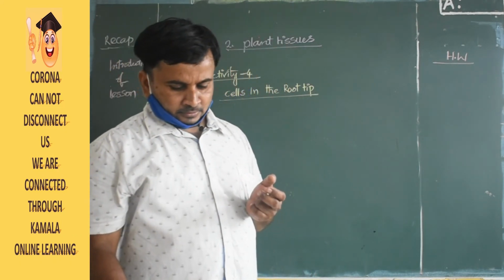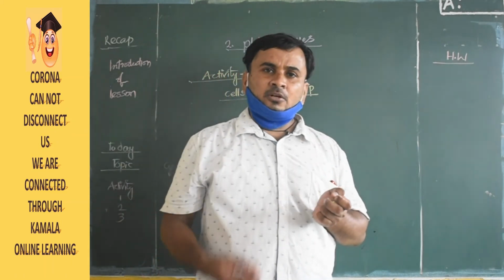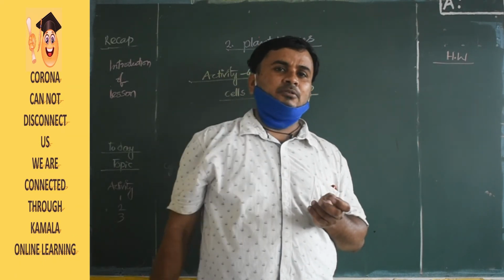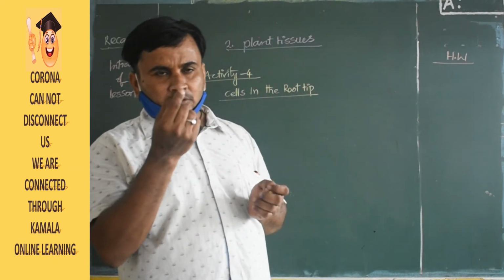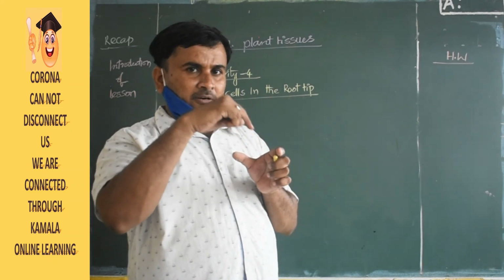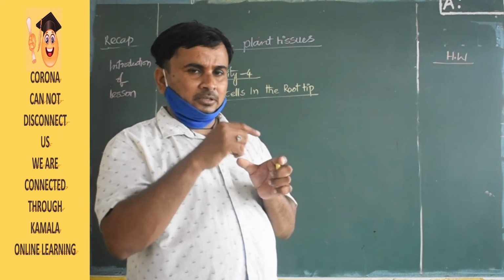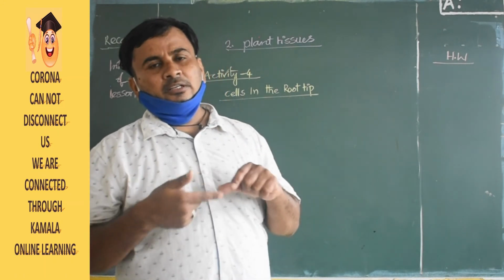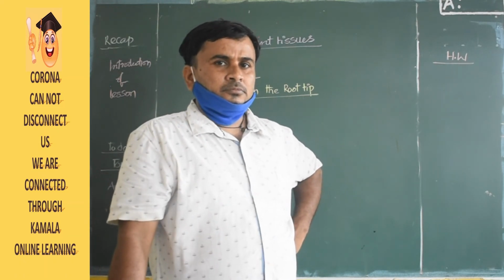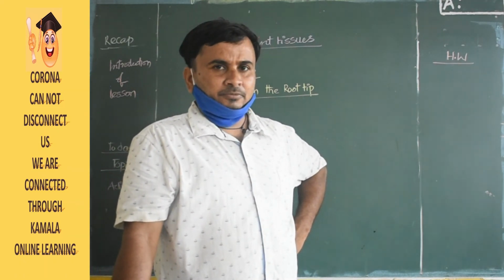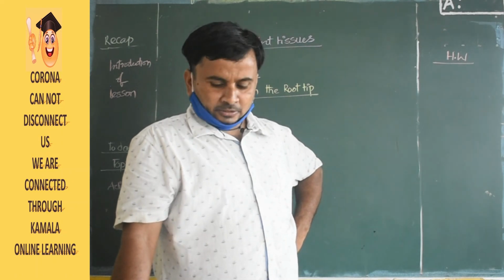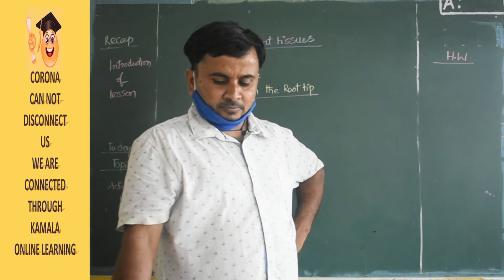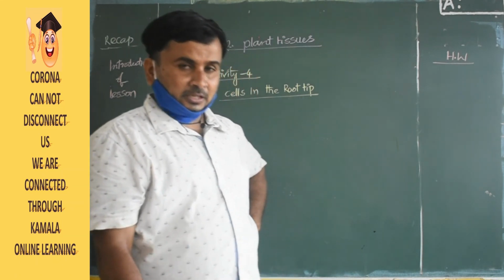Just see the diagram, figure number 3, onion roots. The roots will develop slowly as the onion enters the water, and whitish roots will come out. Take one root, keep it on the slide, and cover it with one or two drops of glycerin and water. Cover it with the cover slip, and keep it under the microscope. What happens when you keep it under the microscope? You can see figure number 4, cells in the onion root tip.